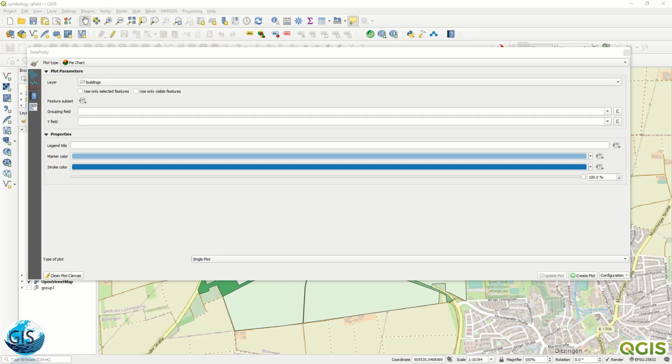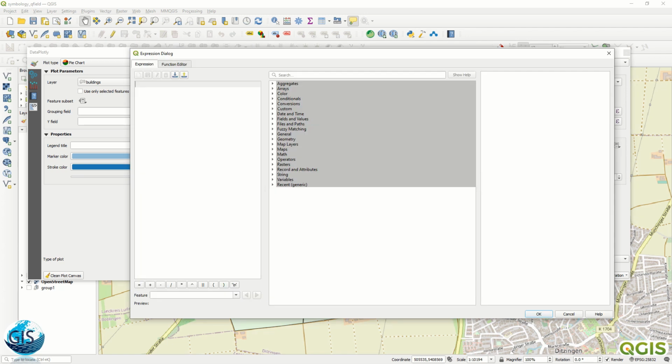If you open the DataPlotly plugin again, I'm starting by configuring the grouping field, which is the X value. To save time, I already wrote an expression, and you see this expression. It helps you to see, in the building column, the number of the different usages. For example, how many buildings with the apartment type or garage type you have. You see this in the preview, not clear, it is 134, and the same for the others. But let me just explain to you